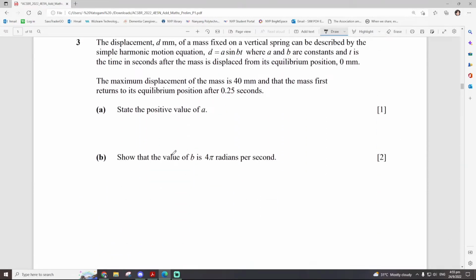The displacement of a mass when fixed on a vertical spring, simple harmonic equation d equals a sine bt. So this is trigonometric context. t is the time in seconds, although the mass displaced from the equilibrium position 0 mm. Maximum is 40 mm, and the mass first returns after 0.25 seconds. The positive value of a will be 40 because that is the maximum value that can be achieved by the function. And it first returns to the equilibrium position after 0.25 seconds. So we know that it starts at the equilibrium position and it returns after 0.25 seconds. So that is to say that